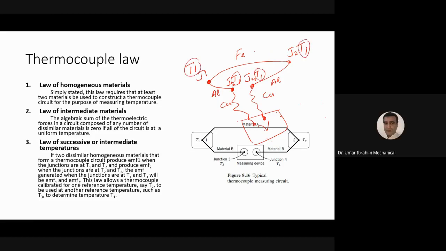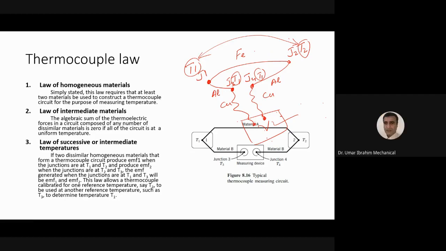ठीक है। But what if this is T1, T2, and this is T1, T1? Would there be some output voltage now? No, sir. No or yes? यस सर, होगा। यस क्यों सर? क्यों होगा? सर वो जो T1 और T2 के डिफरेंस, ये जो एक जंक्शन थर्मोकपल की वजह से होगा सर। ये जो जंक्शन हमारे वोल्टेज के साथ कनेक्टेड है उसमें तो सेम टेम्परेचर है, तो इस वजह से नहीं होगा।